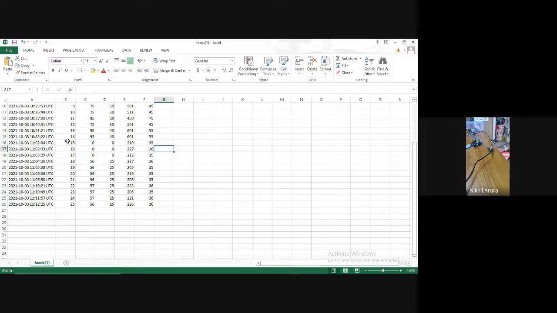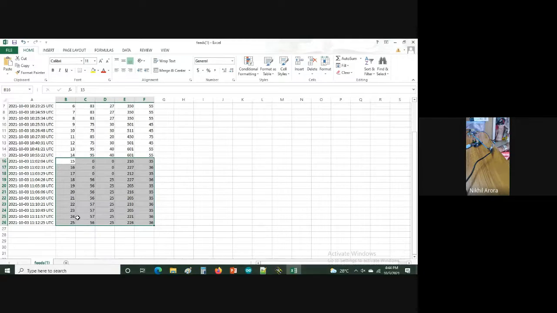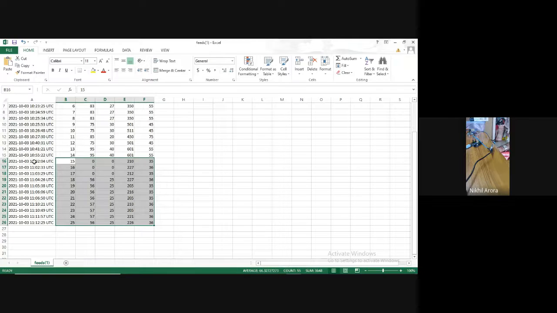Now from this point onwards, 15 data onwards, everything is from the Arduino hardware. So 11:02 means around 4:30 in our Indian time. UTC to Indian time, you have to add 5:30. So 5 you add in hours, 30 in minutes. So it becomes 16:30, which is 4:30.